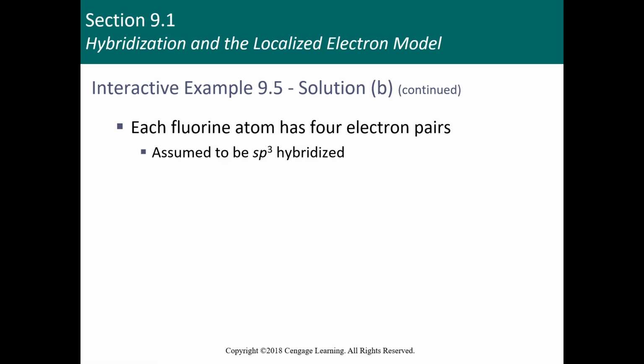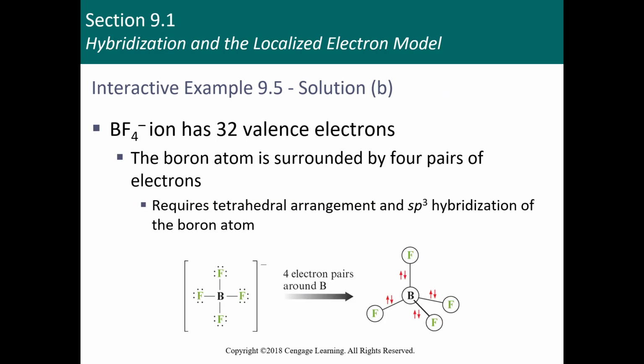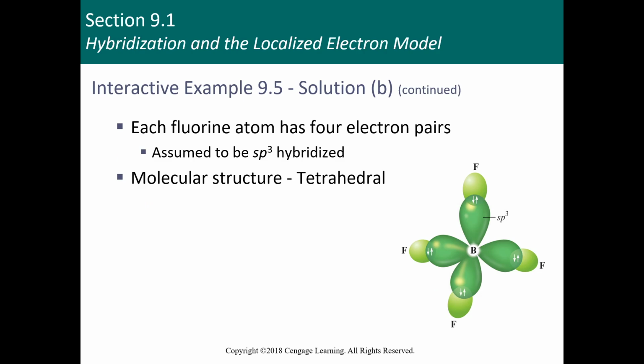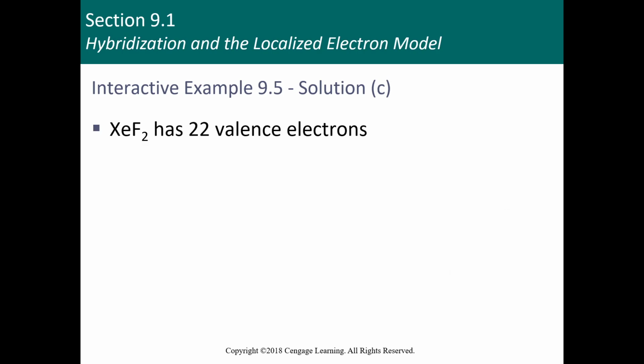And so again, that is four different things. That is an sp3 hybridization, which would make a tetrahedral arrangement around the fluorines. So in this case, the boron would have both an electronic and molecular structure. This BF4 would be a tetrahedral arrangement or geometry. So this would be a tetrahedral molecular structure, but also a tetrahedral electronic structure or electron geometry. All right, so